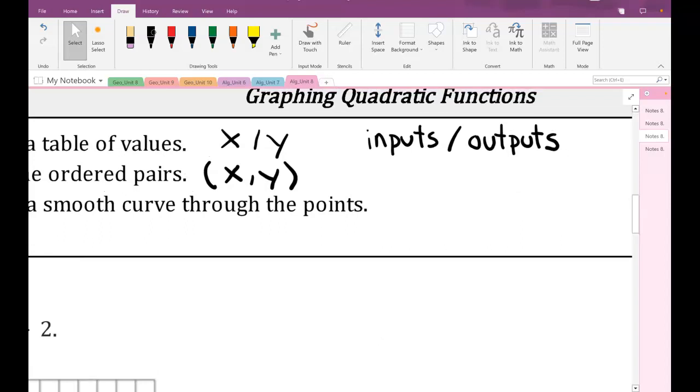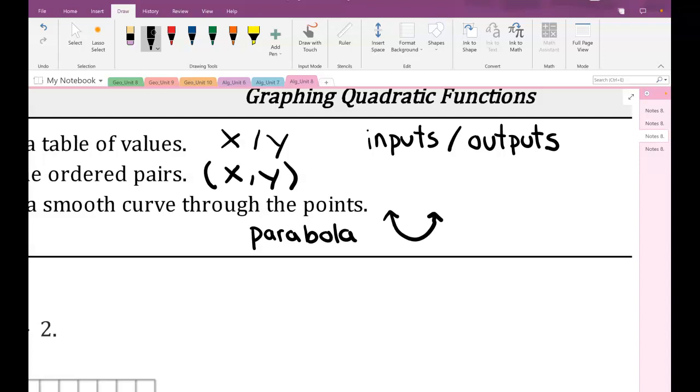And the shape that we make, the math term for it, is a parabola. And our parabola can look one of 2 ways. It can look like a U, or it can be an upside down U, depending on what transformations are happening within the graph. So let's start with just the first example, and we'll take us through all the same steps that we did